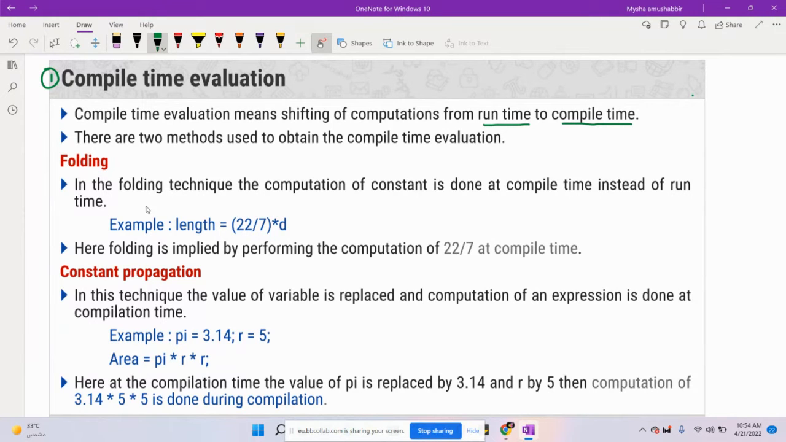Okay, so there are two methods. For example, length equal to 22 divide by 7 into d. When you write this expression in the program, length equal to 22 by 7 multiply d, the value of 22 divide by 7 is calculated at compile time. When you compile the program, it is replaced by